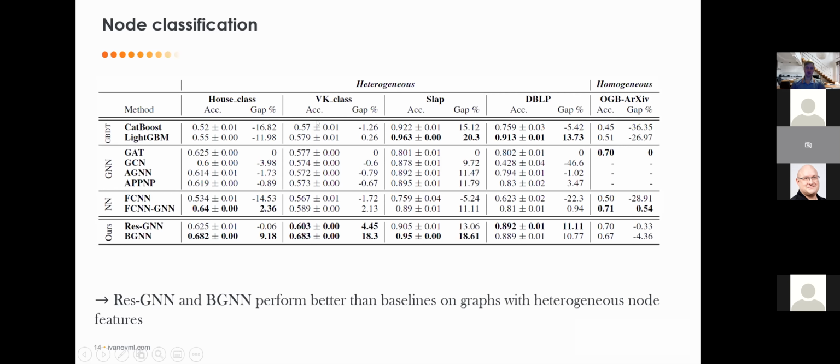So in this case, we consider the metric accuracy. And so the higher this number, the higher the gap, the better. So we can see that sometimes we achieve up to 18% of improvement over graph attention network. While for the homogeneous dataset, again, this dataset has pre-trained word embeddings as the features. So BGNN